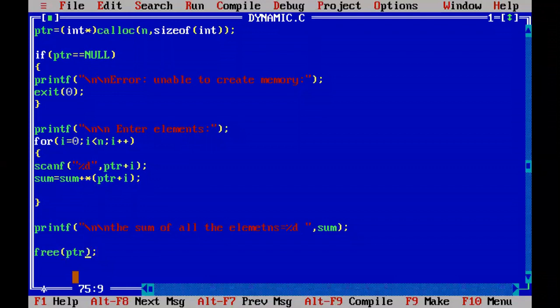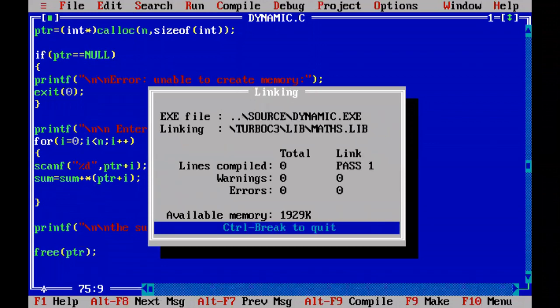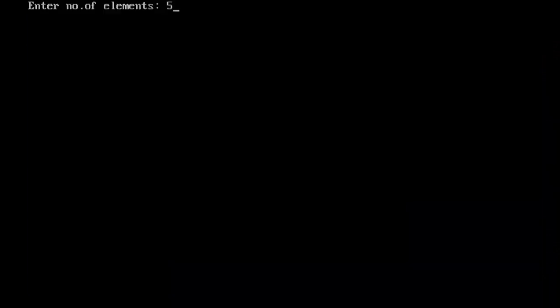Total memory is deallocated. Now you press Alt F9. You see no difference, but the memory will be deallocated. Alt F9, Ctrl F9. How many elements? 5 elements. 1 space, 2 space, 3 space, 4 space, 5, and enter.